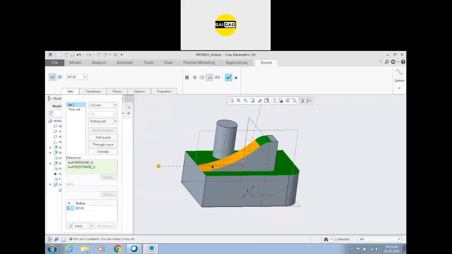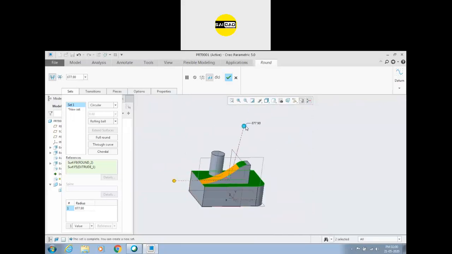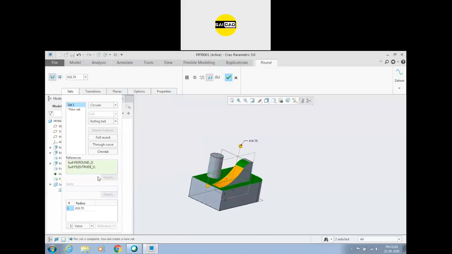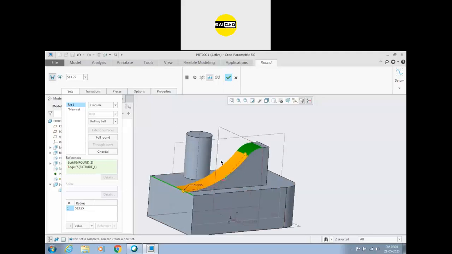Now you can see this face is constant, you cannot go further from this face, but you can go upside like that. Okay, so we can select two faces, we can select the edge and faces like that, and now we can select this edge and this face. We can select this face and this edge, and we can also create a fillet with the help of that.